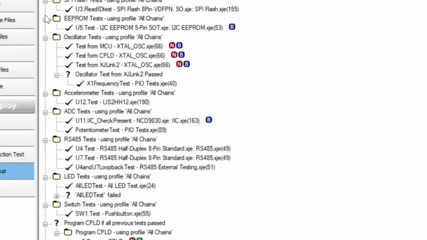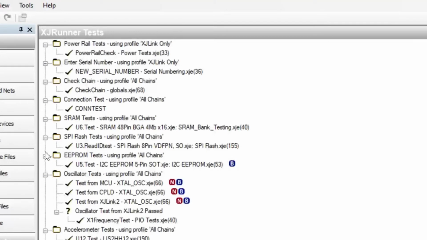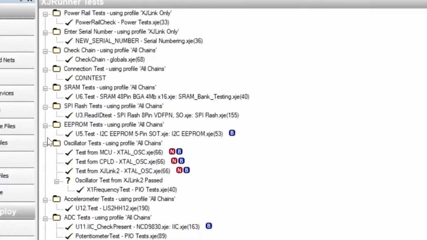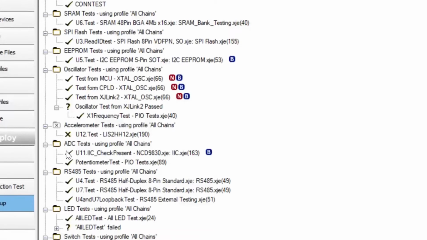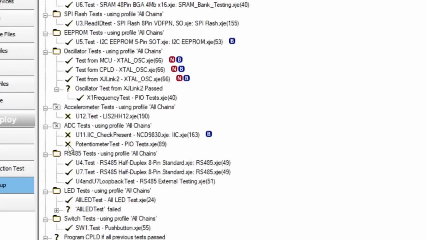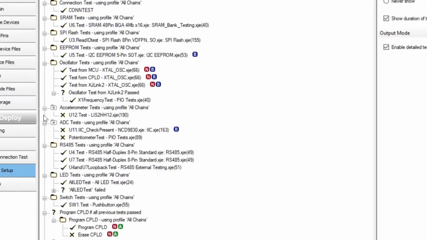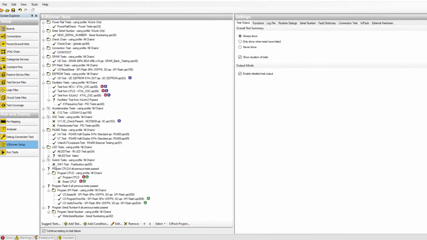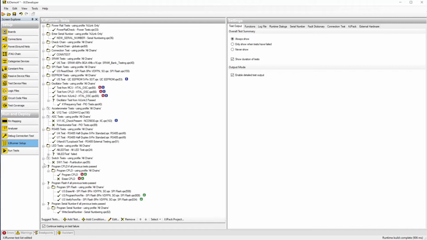When you use the tests via XJRunner integration, you have choices. You can run the test list as it stands with those default settings, or you can override the settings so that it will run either all the tests, a different set, or just one individual test. Let me show you those different options.